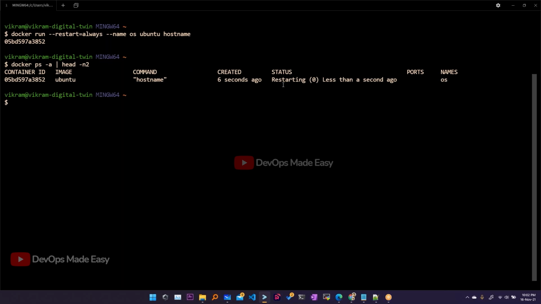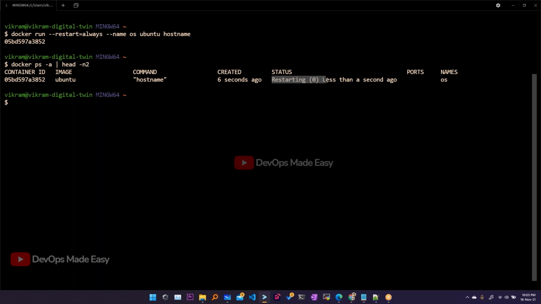See, it is restarting. That means if this container fails for any reason, it keeps on restarting. Let's say this container is running successfully and then you shut down your instance. Next time when you bring it back on, it will automatically bring the container back to the starting state, that means the running state.